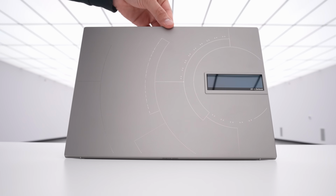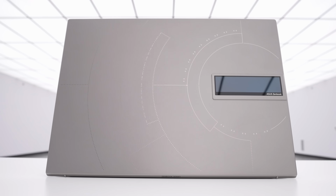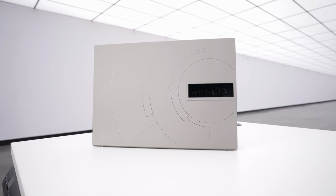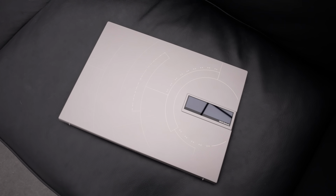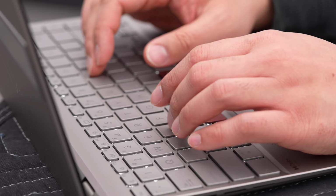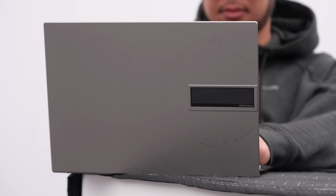Okay, here's a crazy little tidbit. Apparently, this 14X Space Edition is designed to withstand the punishing demands of actual space travel. Complies with the ultra-tough US Space Systems Command Standard SMC-S-016A testing protocols. Torture tested to space-grade standards for resistance to extreme vibration and high-low operational temperatures. Additionally, it meets the U.S. Department of Defense MIL-STD-810H durability standard. Operational temps 61 degrees Celsius on the hot side and minus 24 degrees Celsius on the cold side. Whoa. So I don't know if you're planning on going to space anytime soon, but this laptop will go